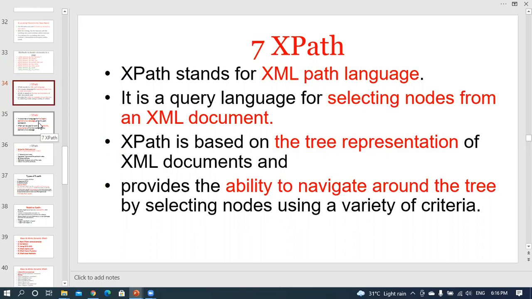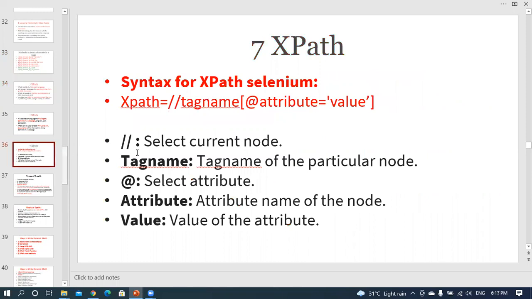That means from the HTML document, after that the body, and so on, you have a different representation. With that tree representation, you represent the XPath. This is a simple example of the XPath representation or syntax.